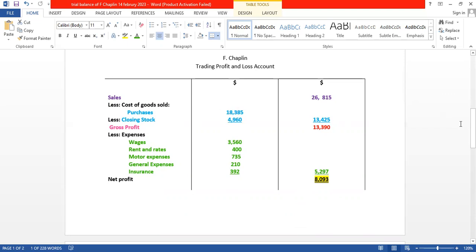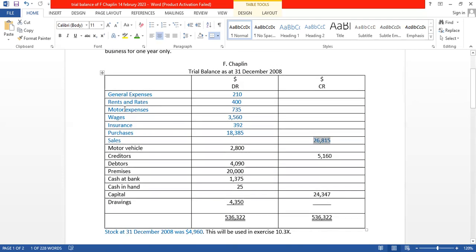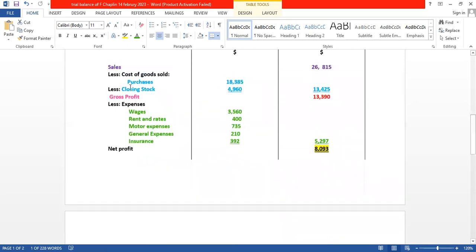For our purchases figure, $18,385. Again, it's right here. So we would have gotten the figure from here. Purchases, that's the figure, $18,385. Because the format of the trading profit and loss account says that we're going to less the closing stock from the purchases. So we're going to go ahead and say